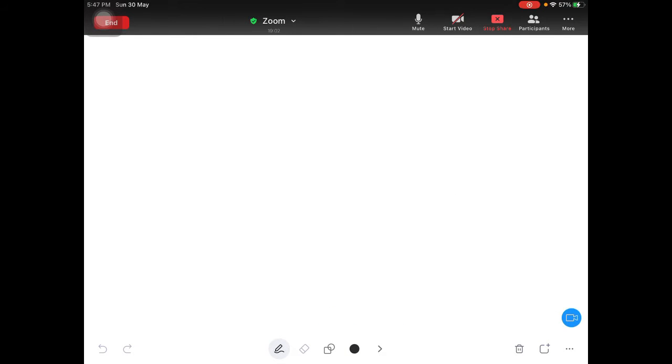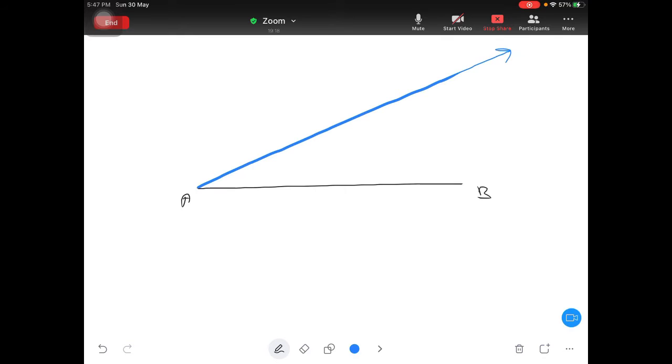So I am drawing the length AB, some rough length AB, and I am writing this is A, this is B. Now draw any random ray. Suppose I am drawing a random ray and I am saying this ray is AL, any random length. I don't know how long it is. I am only sure about the length AB.